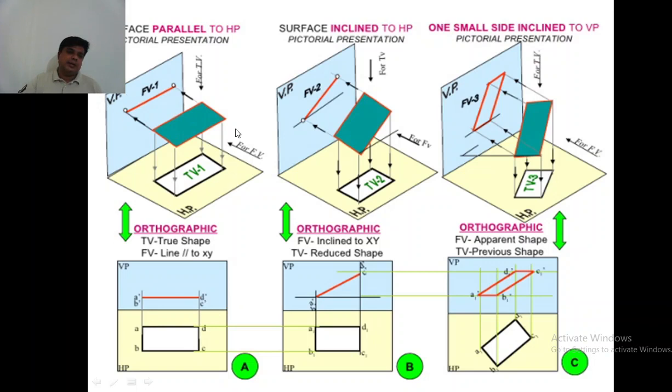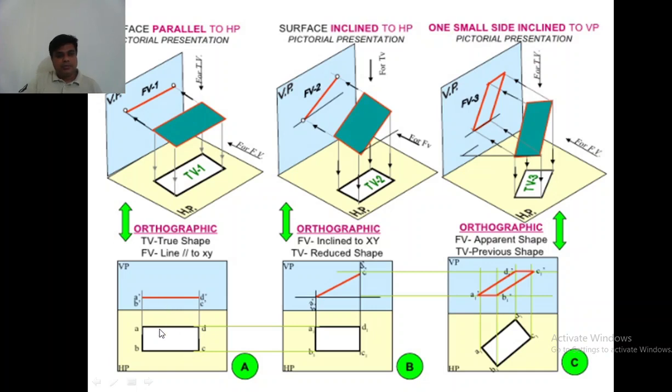In reality the planes will be like this, the object will be like this, and these are the planes of projection, but in drawing you will be drawing it like this. So this is the XY line. Above this XY line it is all vertical plane, so the front view will be in the vertical plane, and below this XY line it is all horizontal plane. You can see HP here. VP means vertical plane, this is all vertical plane. HP means this is all horizontal plane, and the top view of this plane will fall, the image will be on the HP. So that rectangle, that image you are drawing it here.